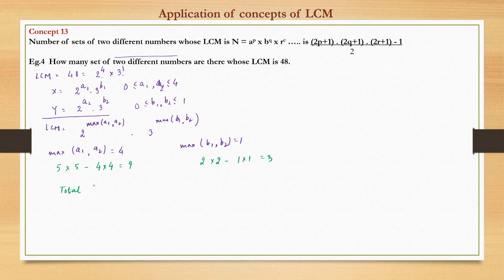We know the total ordered pairs of x, y can be 9 into 3, 27. Okay, total ordered pairs is 27, and total unordered pairs,